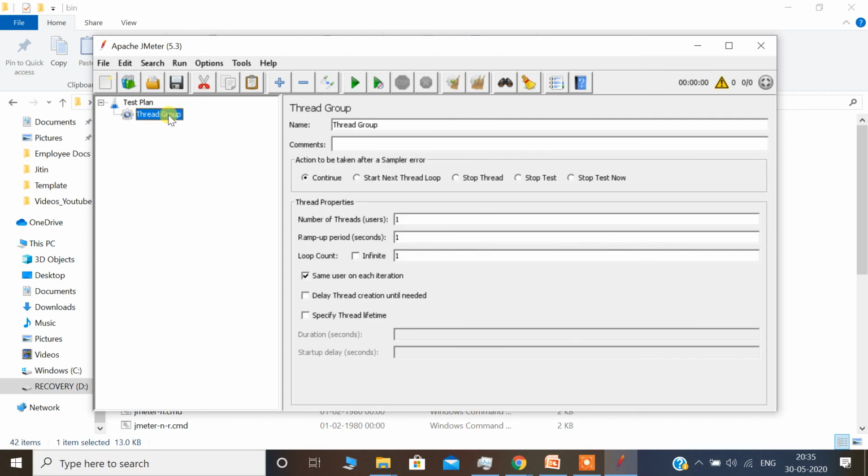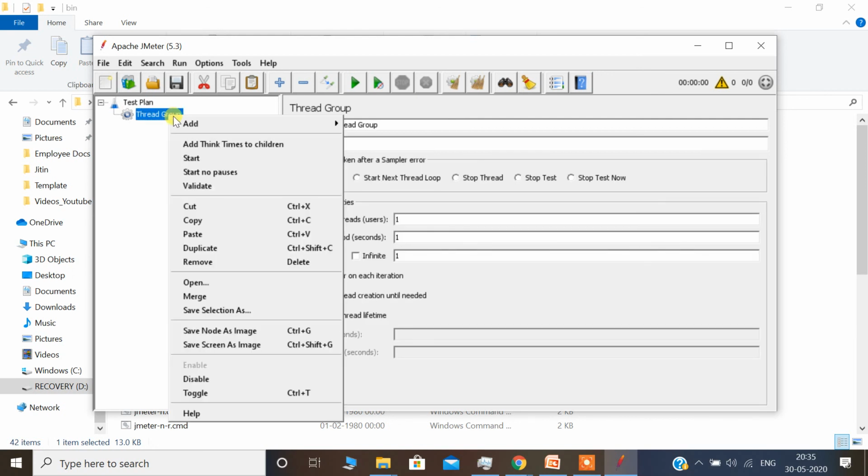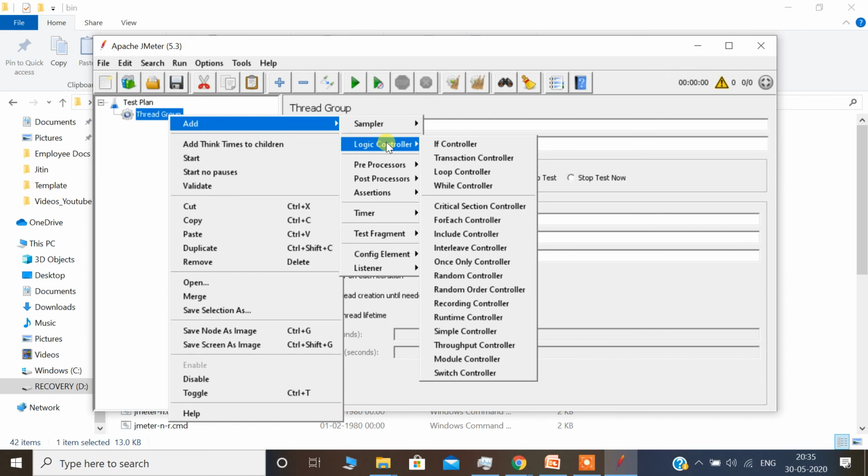Next, on the thread group, right click, add, go to logic controller and transaction controller. Remember these steps right now. I am not going into very detailed theories like what are the controller, what are preprocessor. In the sessions we will try to cover those things also, but today we are going to take a very practical approach, so that in very less time you are able to prepare your JMeter script for a web based application.